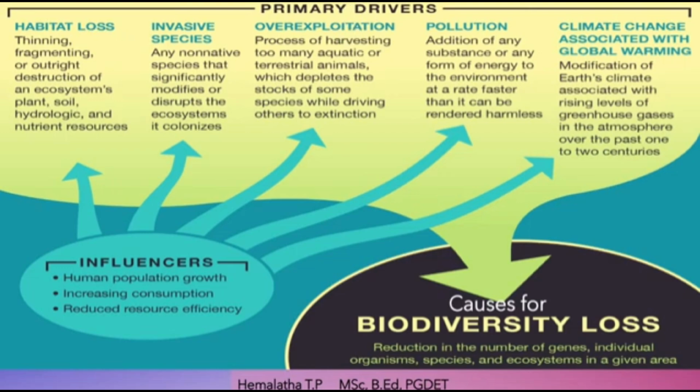The second point is the introduction of alien species to the environment. What is the meaning of alien species? If any new species comes to an already existing group, that is called alien species introduction. When a new species is introduced to the ecosystem, if it negatively impacts the already existing group, then ecosystem loss will take place. The species already present in that place will be affected by the new species, and that will destroy the original species.